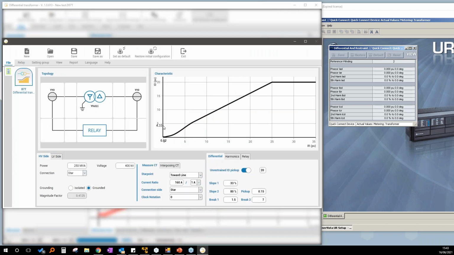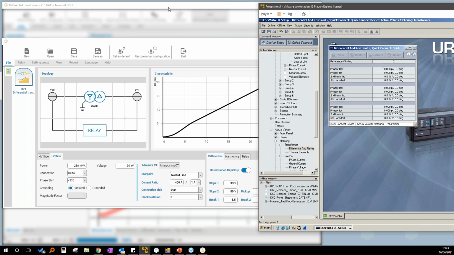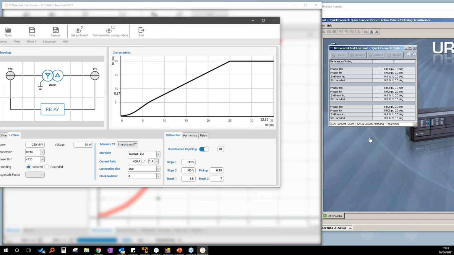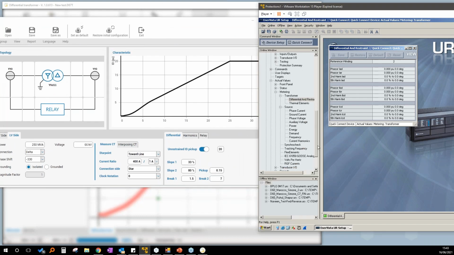Relay settings. Okay, so this is quite normal when you do live testing. So I've already made a mistake in the settings.